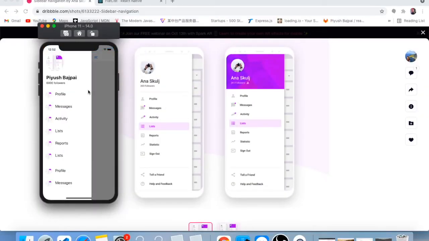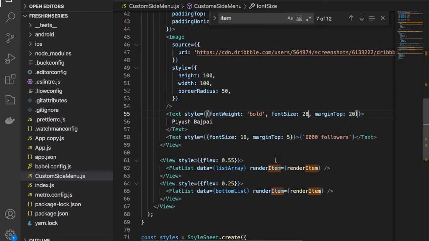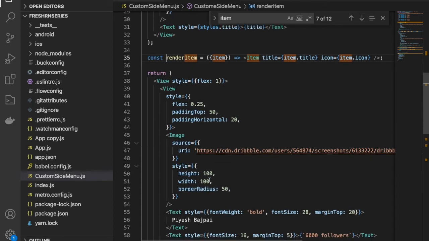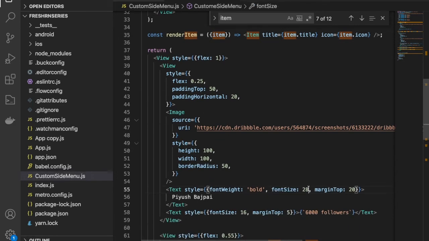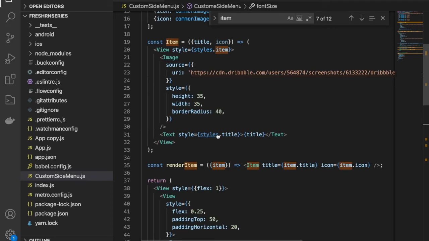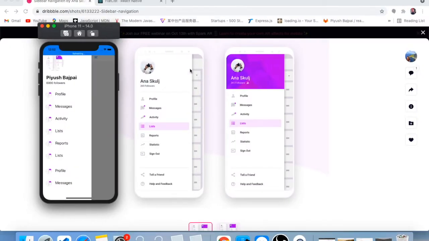This looks fine. Reducing this text size, then it would be this text, and then let me reduce this. Oh, this is a 28, and I wanted to reduce this title, so let's say this is 18. Fantastic, it's perfectly working fine.